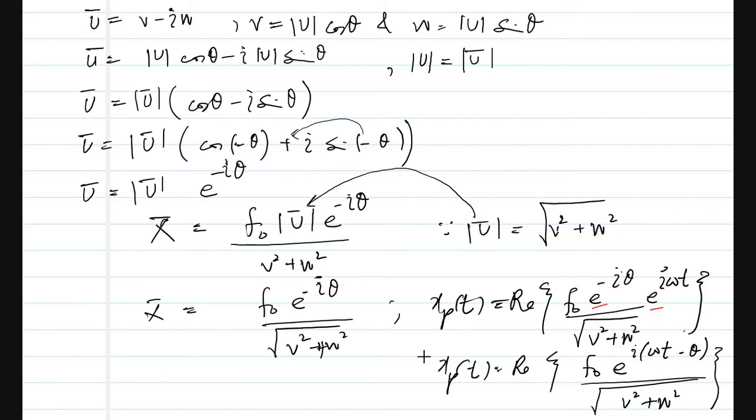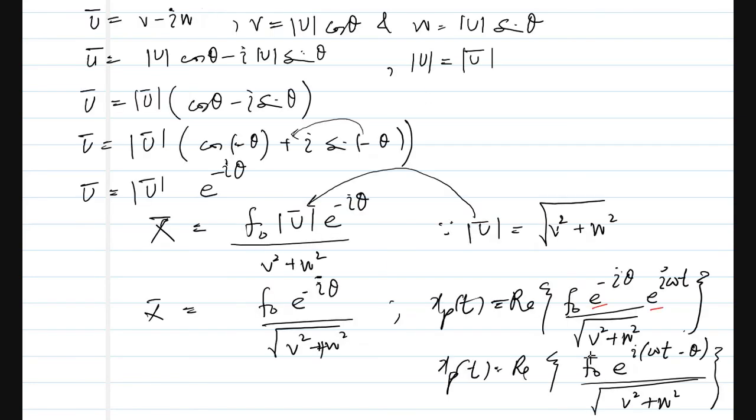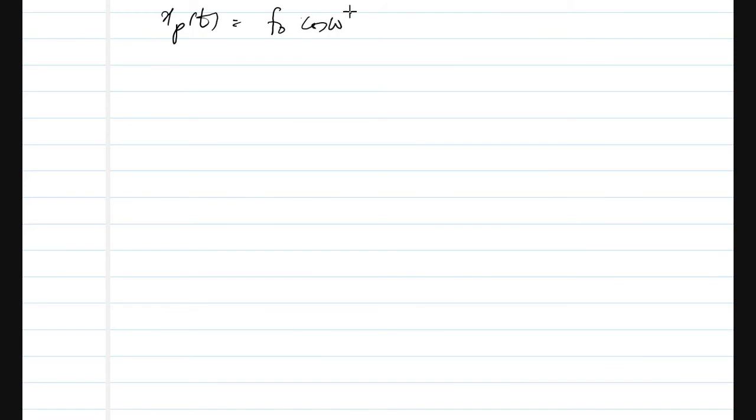Now if you apply the real function on this within the brackets, now the very interesting thing comes, this becomes cos, or whatever the theta is, you can write like that. So xp of t is nothing but small f naught, and e to the iota omega t minus theta is cos omega t minus theta, which is the real part. So cos omega t minus theta divided by square root of v square plus w square, and in fact which is equal to, if you put the value of f naught and v and w, small f naught is capital F naught divided by m, cos omega t minus theta